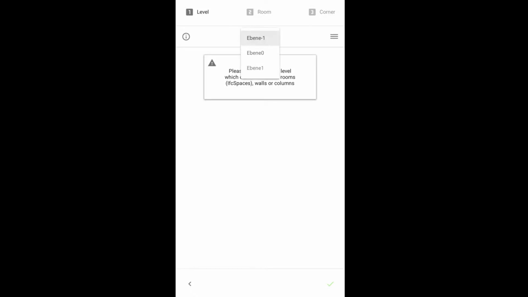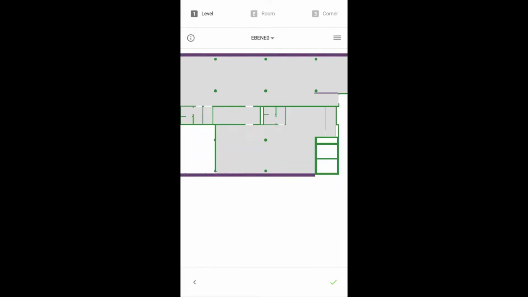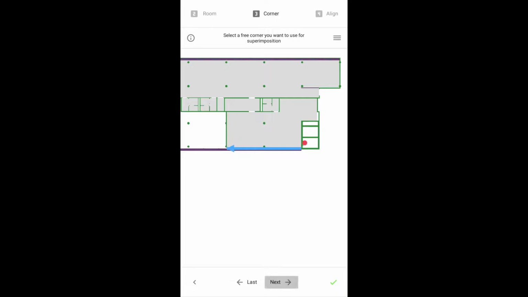First we select the floor we are currently on. Then we look for the room we are in and select one of the wall supports or room geometries. In our case we are selecting the room geometries. Gamma now suggests edges that we can use to align the model. To choose a different edge, we can simply click the Next or Last button until we have a suitable edge